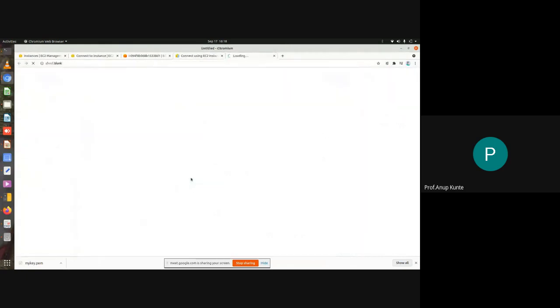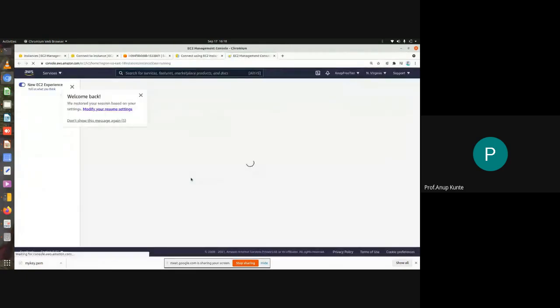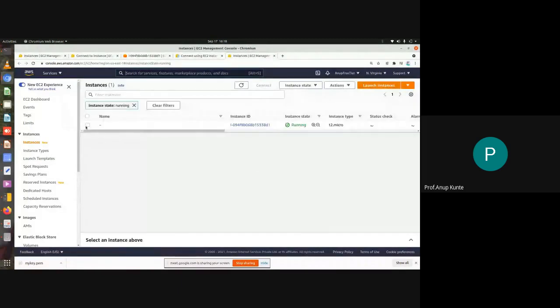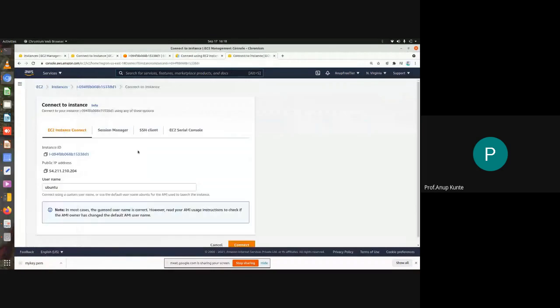That's what we were doing, right? They're asking us to go to console, get in here, use the connect button, EC2 Instance Connect, instance ID, username. You are using the username of the user.